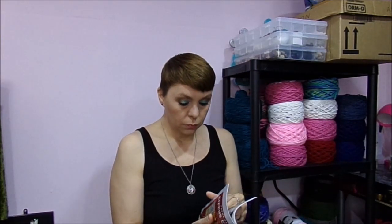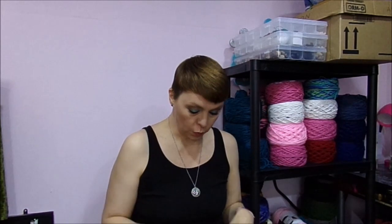As I've said before, I really love that they're doing these little booklets so you don't have to go on and print the patterns off. I just collect them in my pattern stash, so that's nice. So onto the yarn,